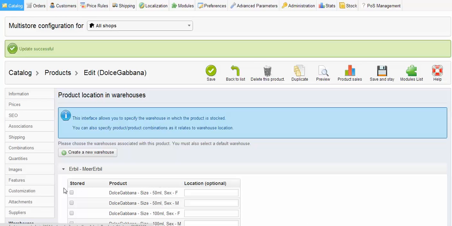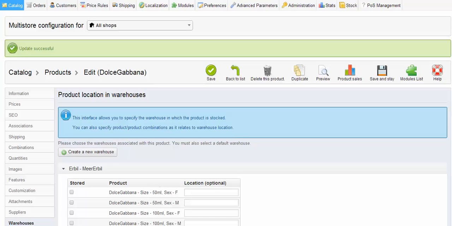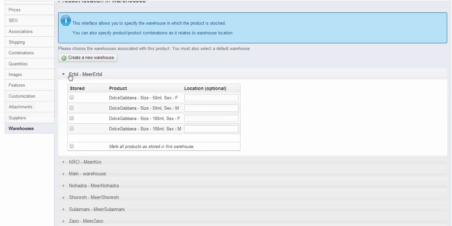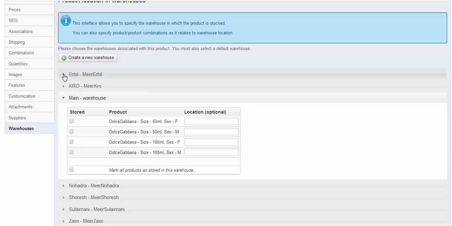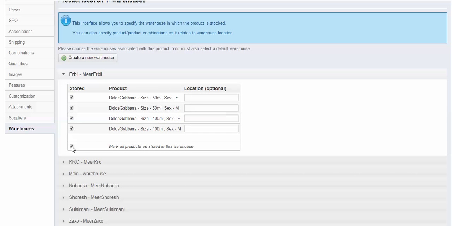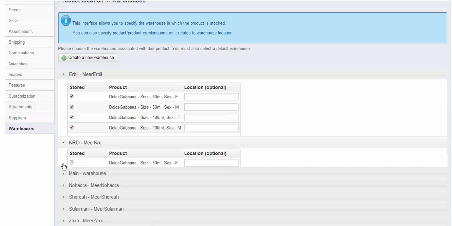So you click on warehouse, and the list of all your warehouses appears. So each one you click like this, the details come up of all these combinations. So first shop, I want all these products, all combinations to be there, and I can even put a location in my physical store. I can say location 245, for example, 345, it doesn't matter, but ignore that now. Then we need